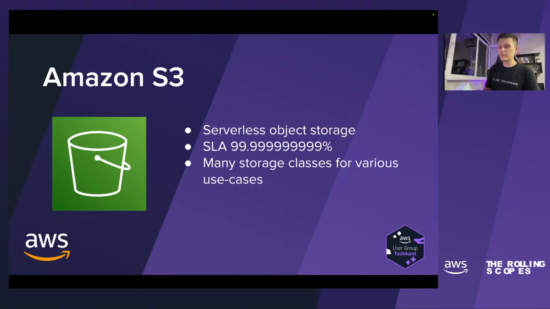For instance, if you are going to keep some backups in an S3 bucket, you may leverage Glacier storage because Glacier is very, very cheap, but retrieval time might be from minutes to hours. But if you keep backups, you don't care about the retrieval time because it is a backup. It is only for some emergency, and you hope that this emergency will never happen.